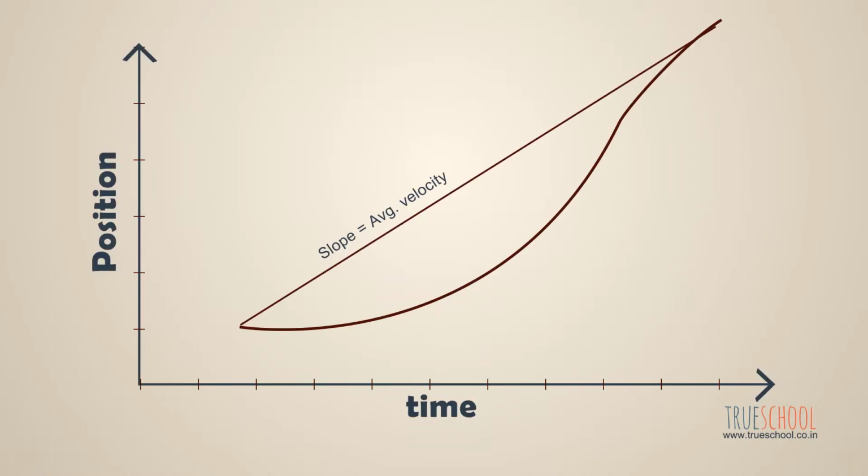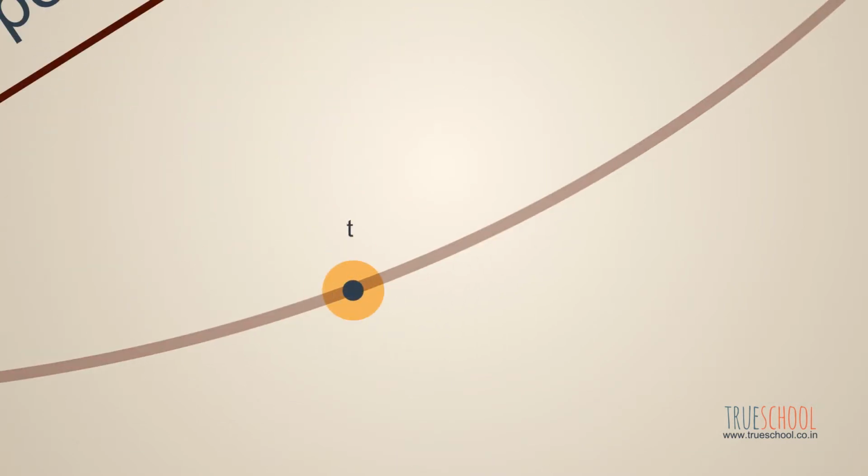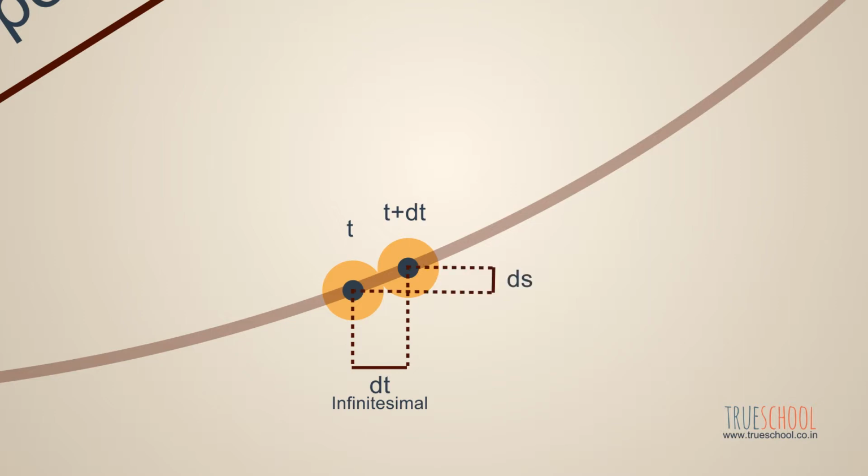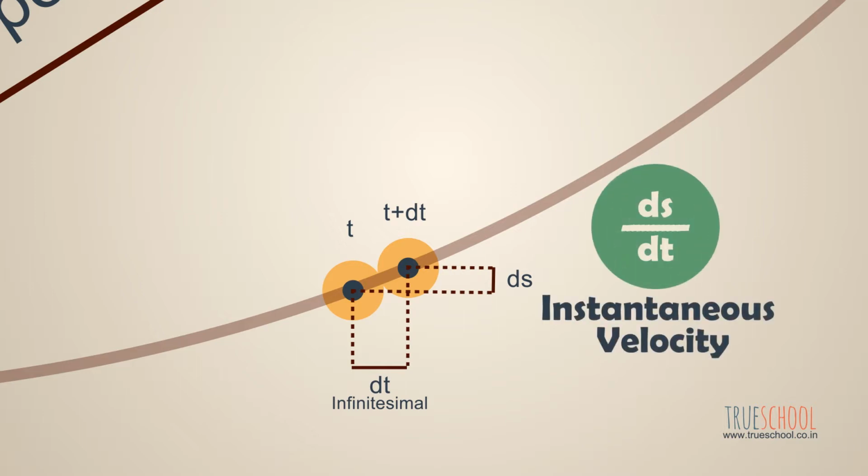Look at this graph. Note the displacement at time t. The next point on this graph gives you the position in the very next instant, and these 2 points are separated by an infinitesimal time interval. This point may be higher or lower or at the same level as the previous point. This difference in level divided by the infinitesimal time gap is what we call instantaneous velocity.